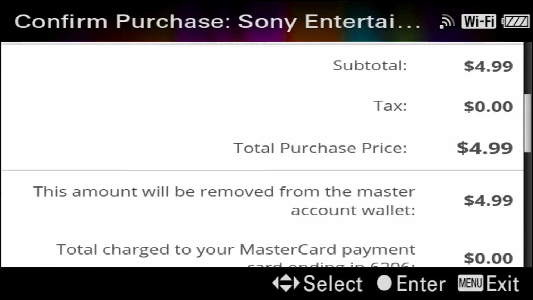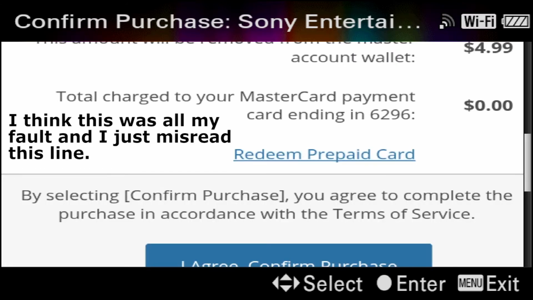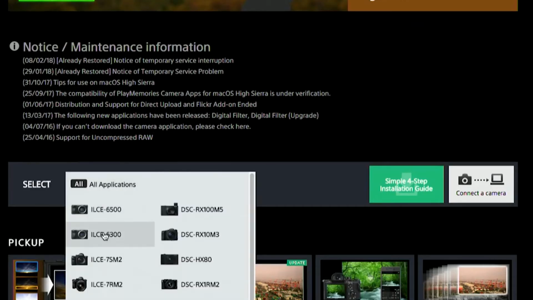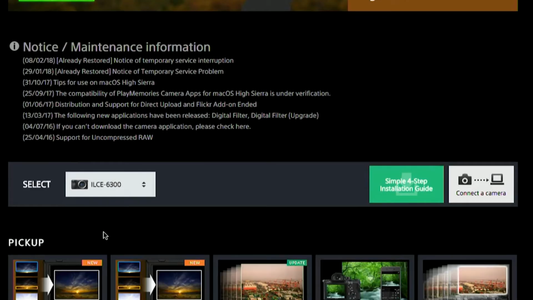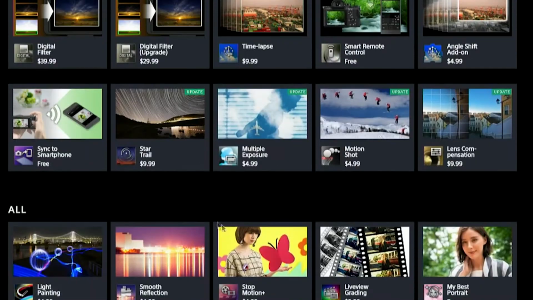In the end, I just added my credit card back to the account, assuming they would charge my card, but they ended up taking it from my wallet. So yeah, you can buy it with PlayStation Network money, but you also need a credit card, so it kind of defeats the purpose. Now, I know that some people have had issues installing apps through their cameras, but I